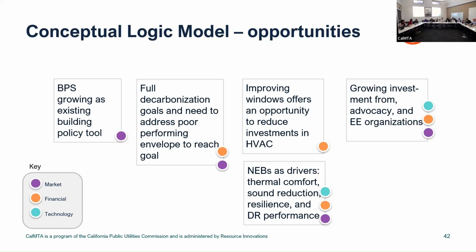Growing investment from the advocacy organizations, which we talked about: a lot of support is growing for envelope first, largely as it relates to building performance standards. On interventions and field demonstrations, I just want to emphasize there's a lot of modeling on windows and envelope. We've heard through PAWS that the modeling only goes so far in being compelling to building owners. All buildings are different. It's really hard to have a compelling argument based on somebody else's building.